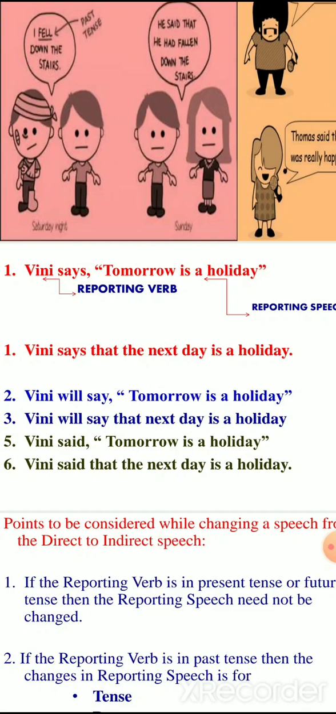Now when you see the next example, Vinny will say, now it is blue in color, where the reporting verb is in future tense, and the exact words of the speaker are the same. Here also she is telling tomorrow is a holiday, here also tomorrow is a holiday. Now he is interpreting, Vinny will say that the next day is a holiday. Now when you see here, the reporting verb says, and in the second sentence the reporting verb will say. So both are the same. So if the reporting verb is in present tense or future tense, no need to change